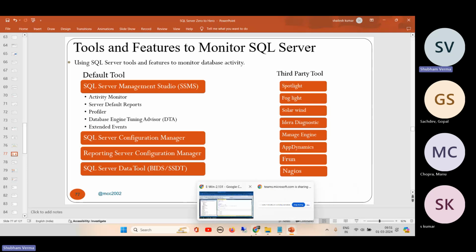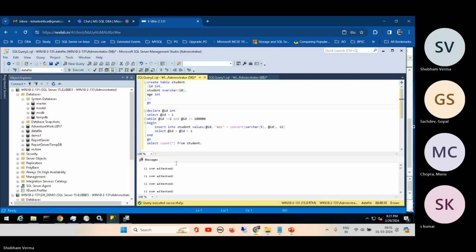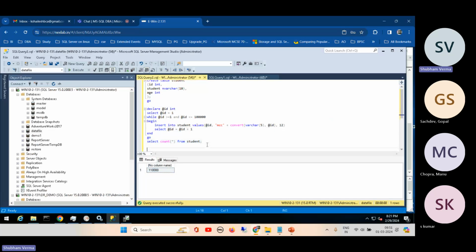Okay, so we are here. We inserted data here. Let's select count, more than 1 lakh rows of data here. Then we can select from different